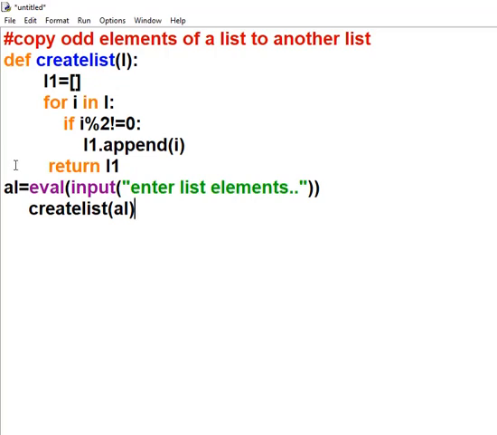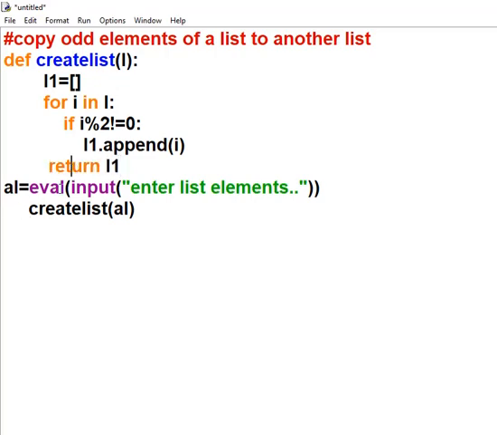It seems to be written within the same program, but a function can use this value al only if it is passed as an argument from this function call. This is the function call statement. And because the function is returning, if you replace this return by print, then you don't require the assignment operator and a variable here.